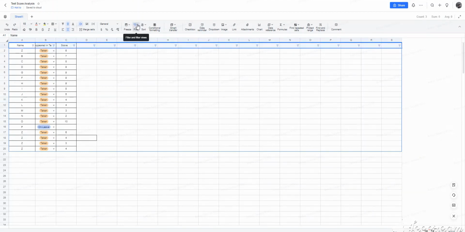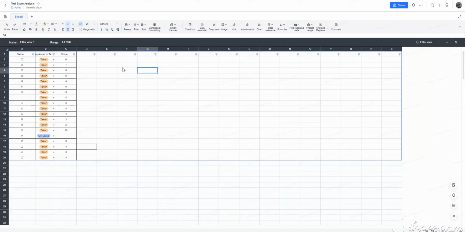When you have the edit access of this sheet, clicking on it again will remove the filter. And if you do not have the edit access of this sheet, you can still apply the filter view. Just click on this bottom arrow beside the filter, and a menu will appear. Click on create new filter view. Just click on it and here you will be able to apply the filter view.